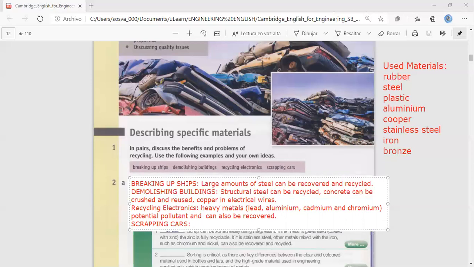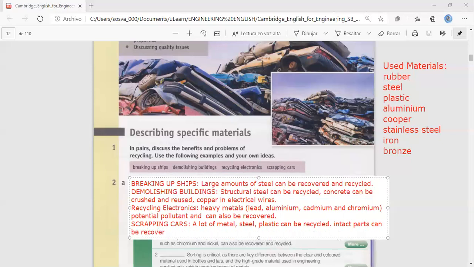What can we get out of the cars? Scrapping. We can recover the steel, a lot of metal, a lot of plastic. Plastic, yes, why not? All these materials can be recycled. Glass is good in this. And we can also recycle the intact parts. The intact parts can be recovered,